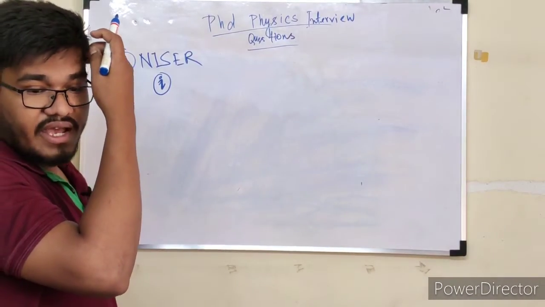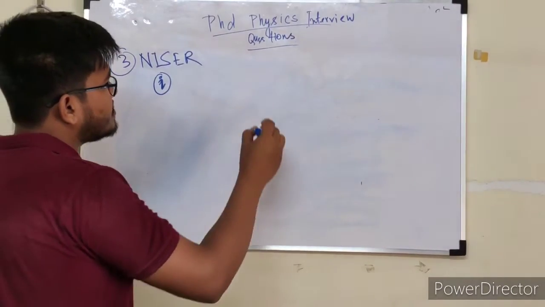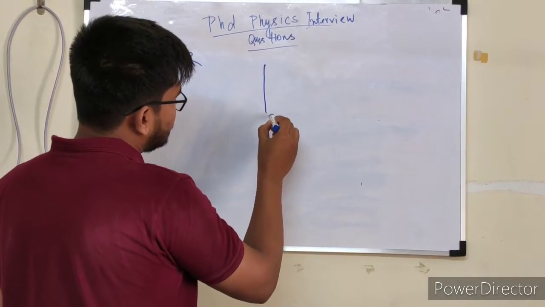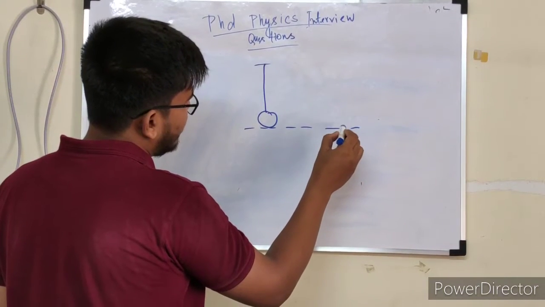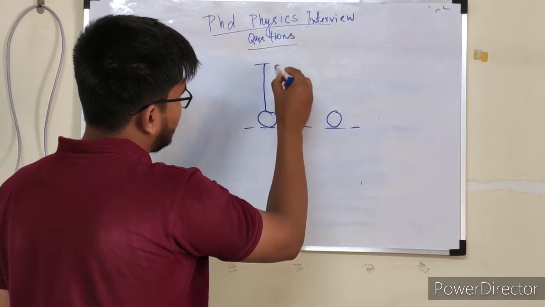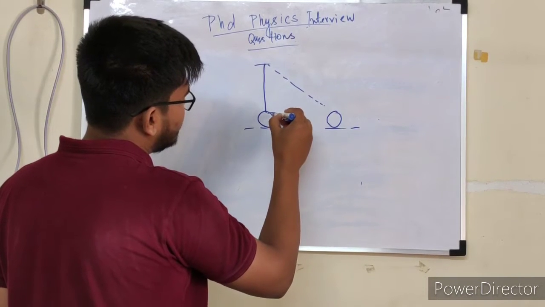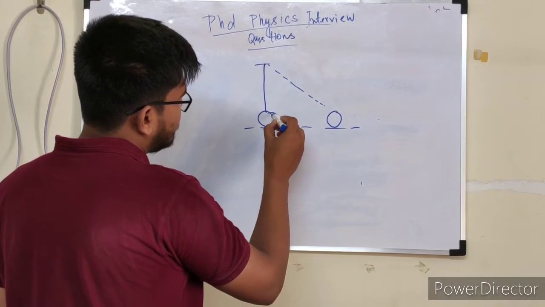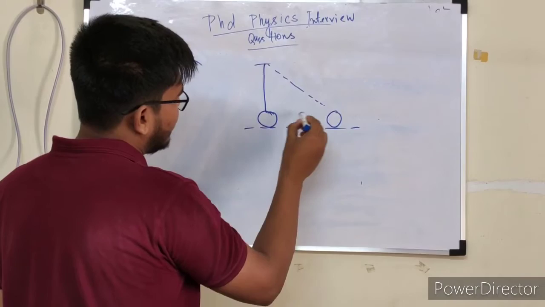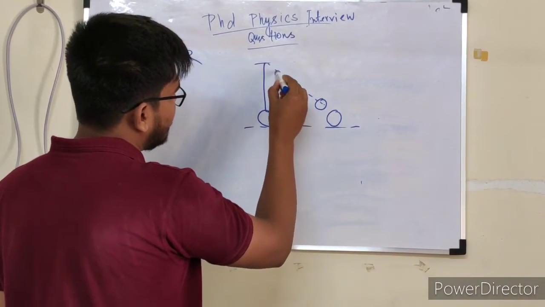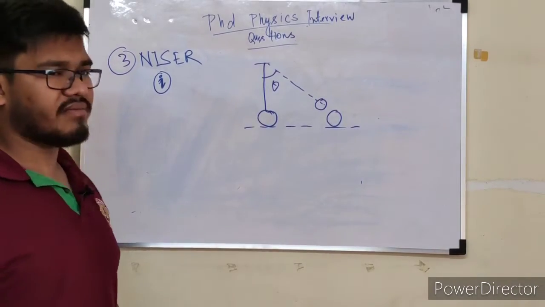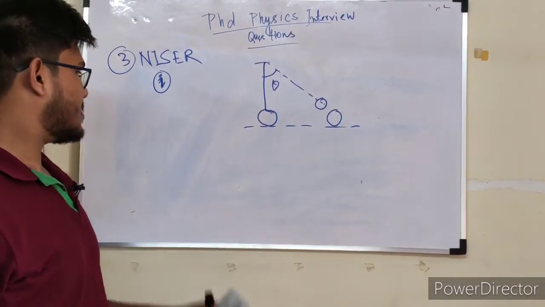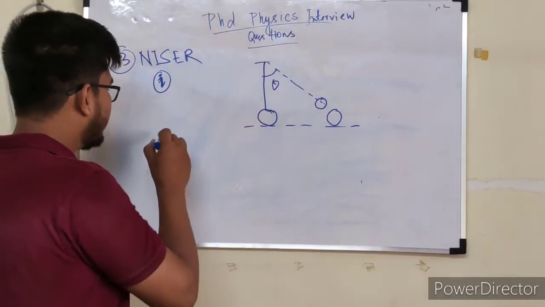In the interview, they started with classical mechanics. They said there is a pendulum and we have a charged particle, and these are oppositely charged. Then this pendulum will move to this position. Then what are the angles, the tension in the wire; they provided the mass, the basic stuff they asked. Then they again moved to